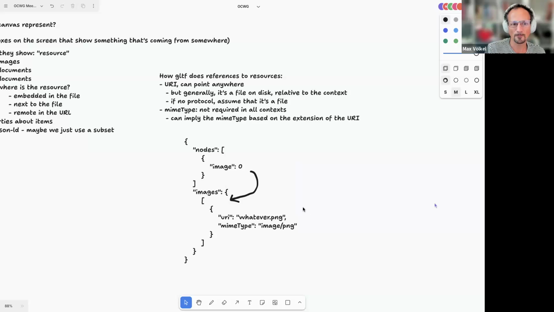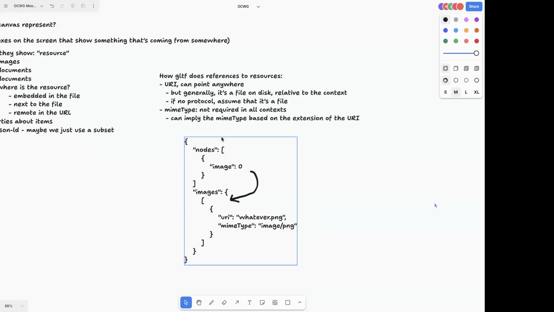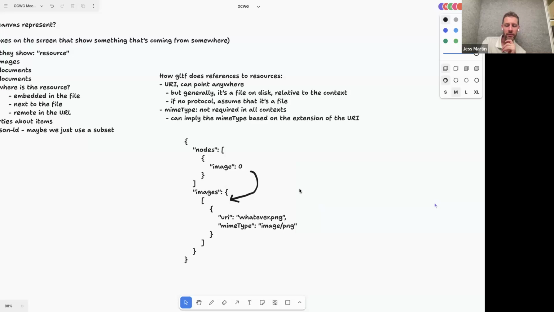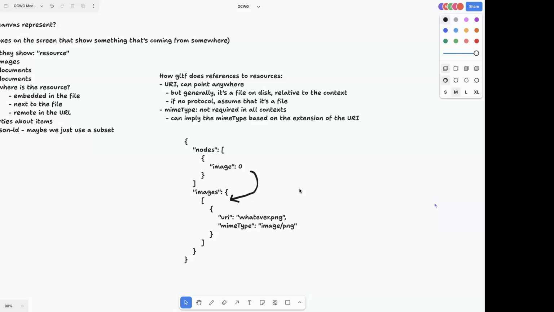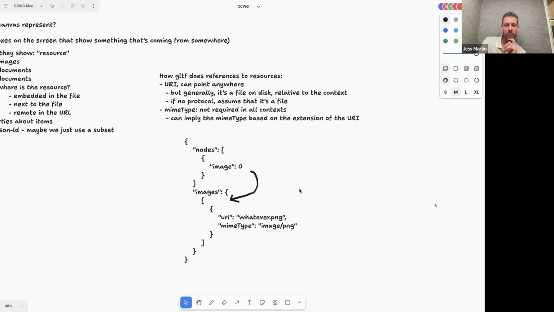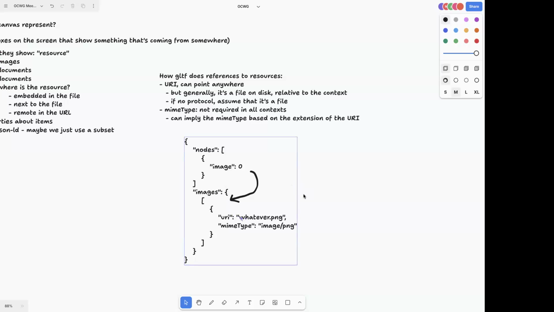And actually, what I wrote here, by the way, is a simplification. Because in GLTF, a node can't refer to an image. A node might refer to a mesh, which has a material, which has a texture, which has an image. It's like there's a lot of layers like this, and a lot of those layers may be just unnecessary for Open Canvas. But the base layer here of just having an image that refers to this,